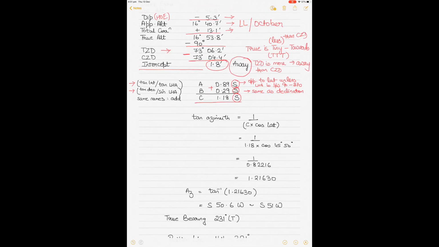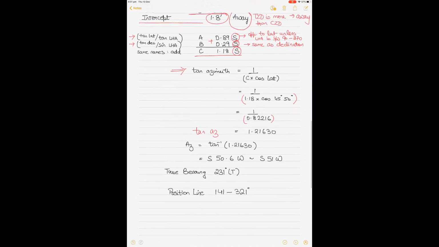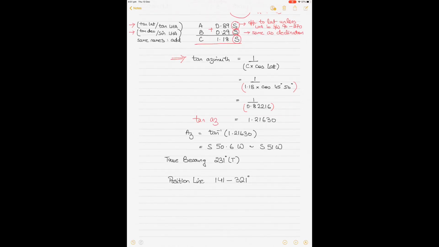You'll slowly see. Once you get your C, you calculate your azimuth. How do you do that? You use this formula here: tan azimuth equals 1 by C times cos lat. Find out the value of C times cos lat first before you divide 1 by it. Just the way I have done it. Once you get this, your tan azimuth here equals 1.21630. So a tan inverse of this now